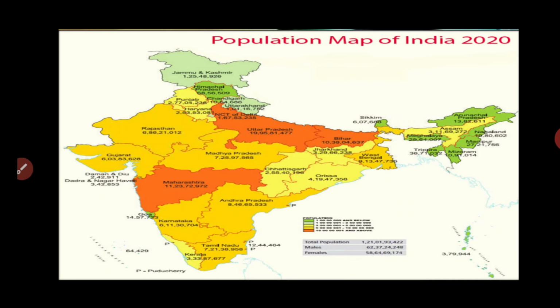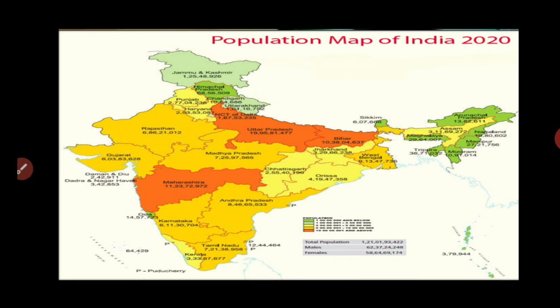So here you see the map, different colors are used. Red color has the highest population density rate, and green color has the lowest population density rate. Understood, my dear? And also yellow color; different colors are indicating different population densities. So these are called population density maps. My dear children, here you have to learn some technique. So how to find this population density?